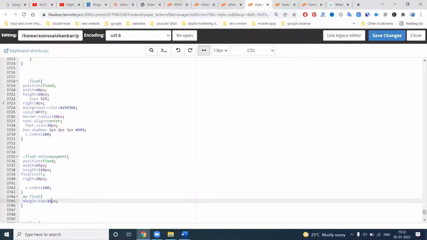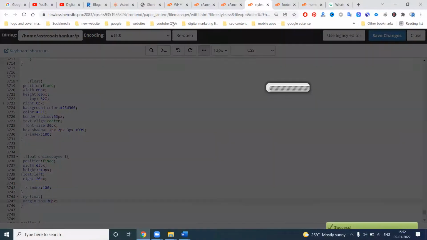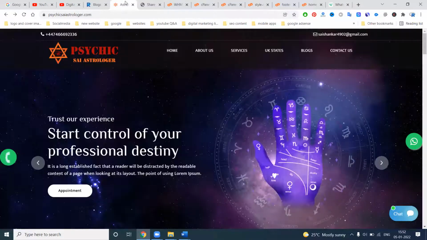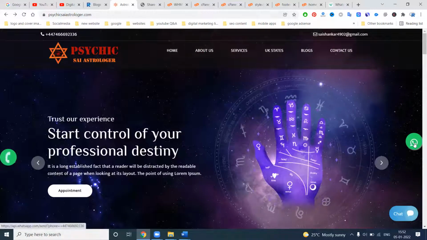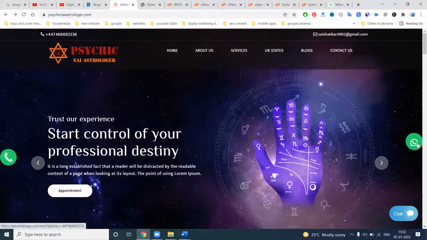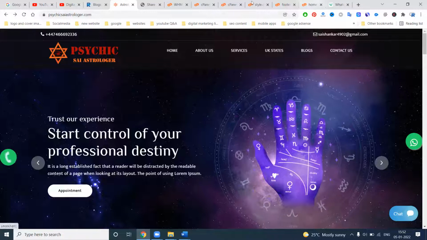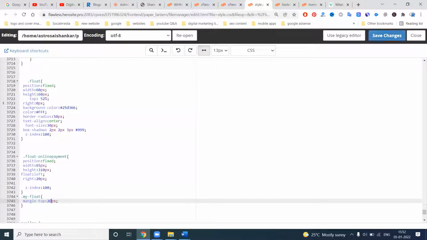The margin is 16. I can increase the margin to 20%. Here is the option. Whatever changes you make, they take effect immediately here.